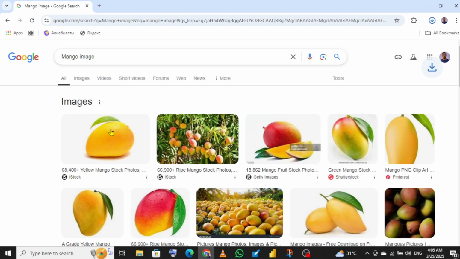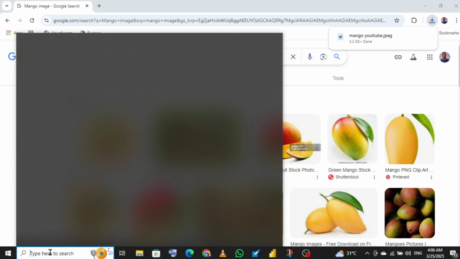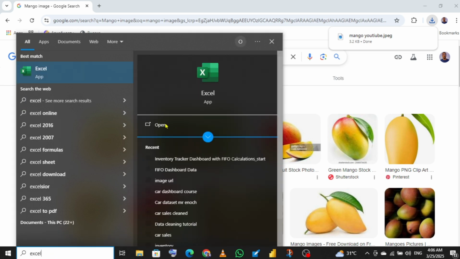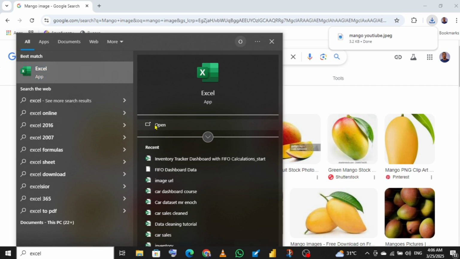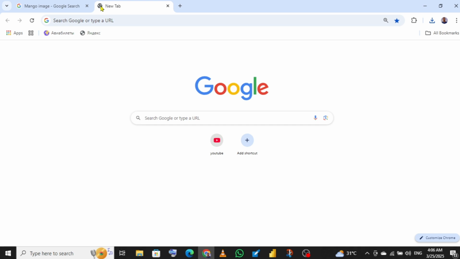So I'm just going to do just one image. So use the process for the rest of the images that you want to bring in. Alright, this has already been saved. So let me just try and bring out my Excel. Alright, before my Excel comes up, I'll go to